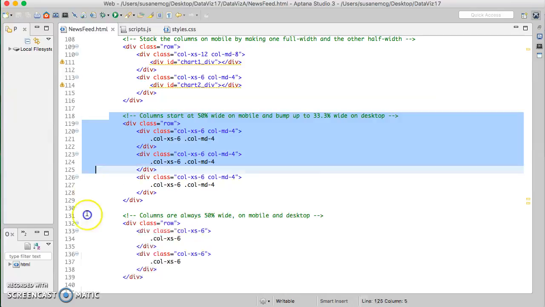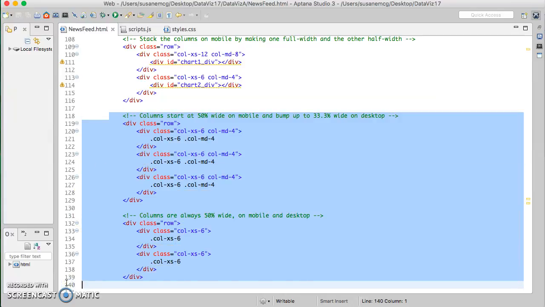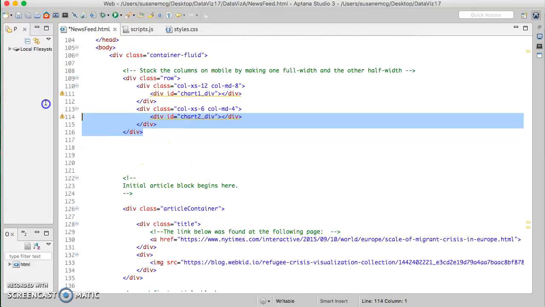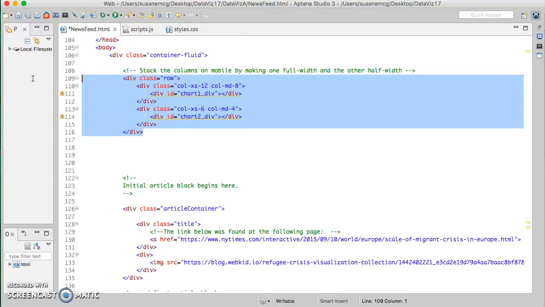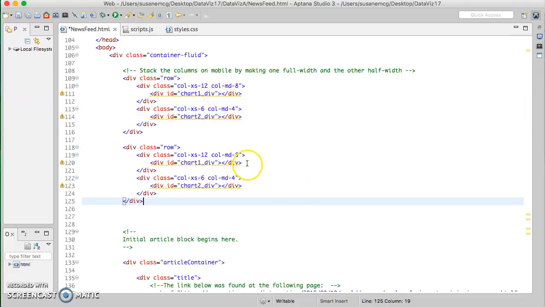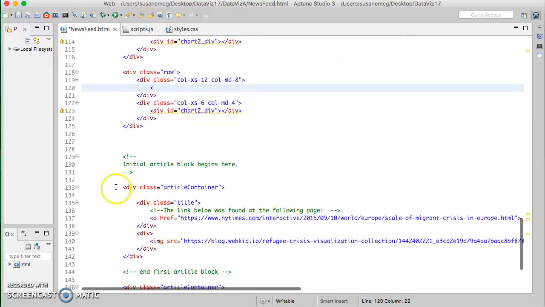So I could use these other ones. I'll just stick with this 8 and 4 for the sake of simplicity. Right, so I'm going to now duplicate this row, right? And I always am organizing my material into rows. So obviously I'm not going to put chart 1 and chart 2 in there. Instead, I'm going to put my article